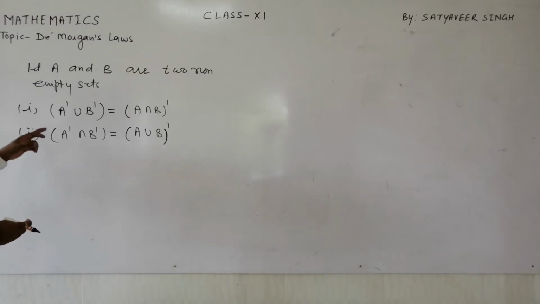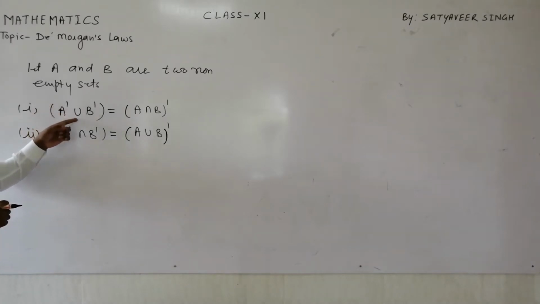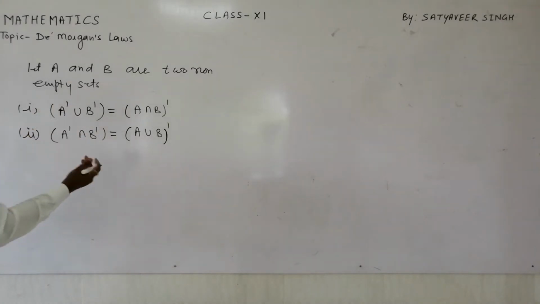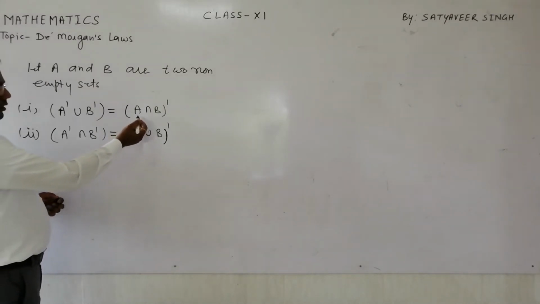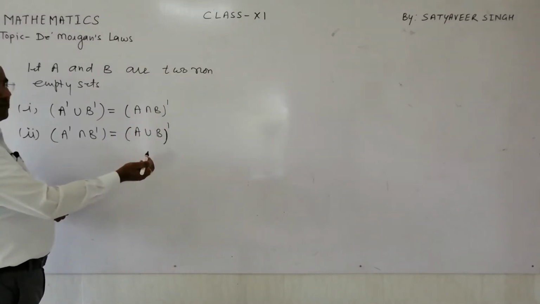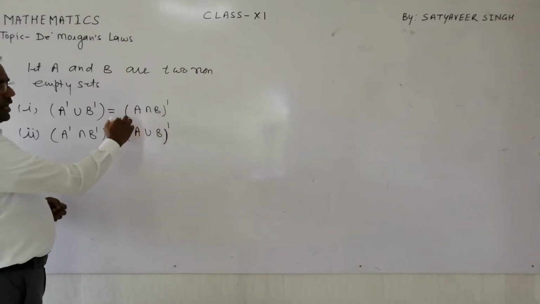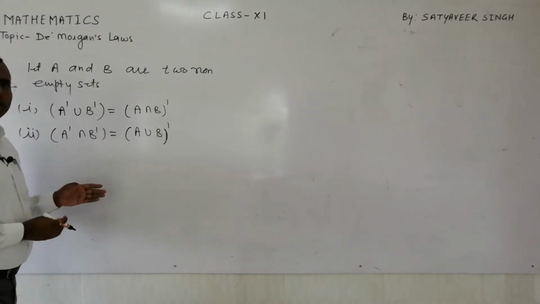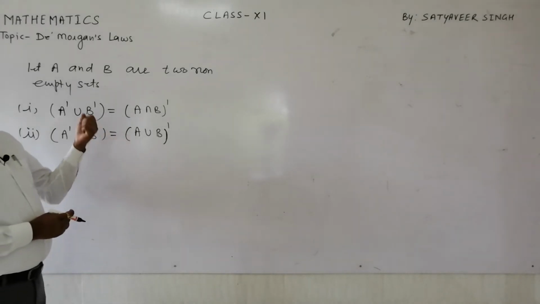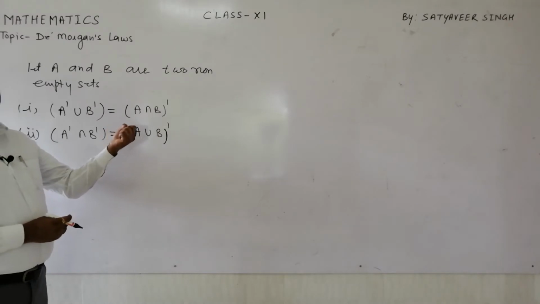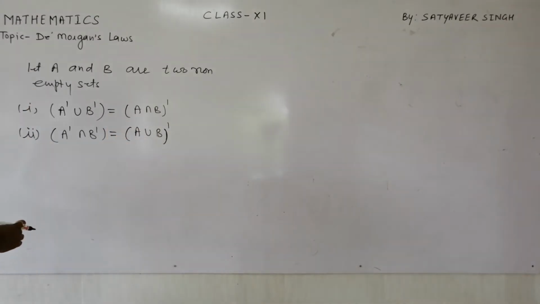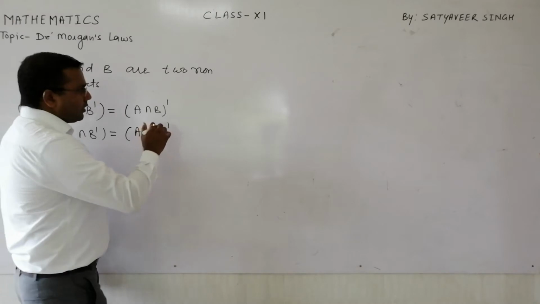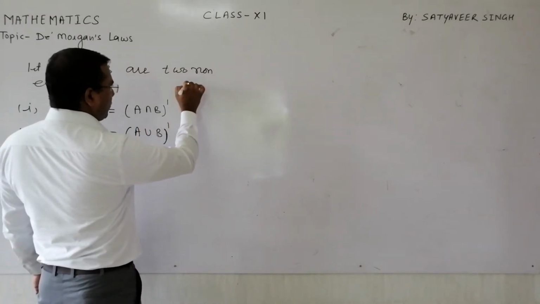It is saying, if suppose we are talking about the cardinality of the set, then the number of elements that do not belong to A or do not belong to B is equal to A intersection B whole complement, meaning the number of elements of the two sets which do not belong to A intersection B. So if you want to prove this law, we can prove this.